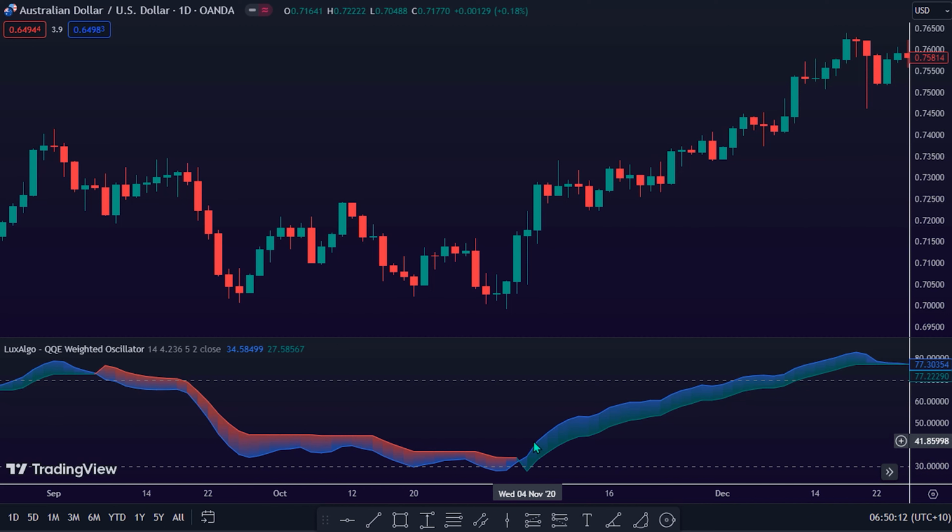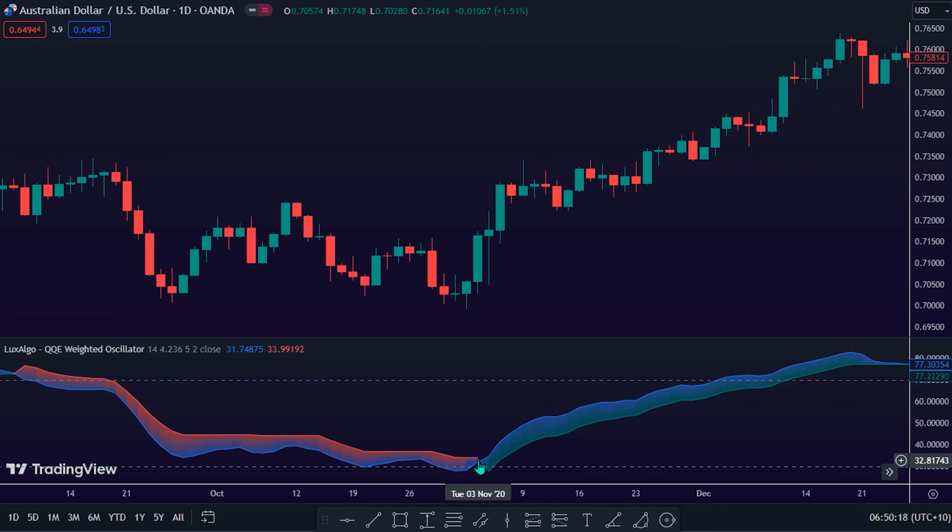Next, traders need to monitor the RSI blue line crossing above the trailing stop red line. Next, traders should ensure that the crossover of the RSI is trading above the 30 scale value point. The final step is to ensure that the price charts respond with a strong bullish candlestick before proceeding to buy